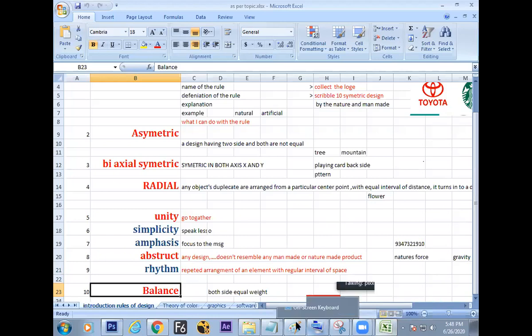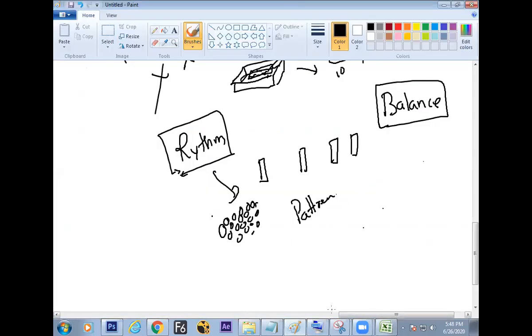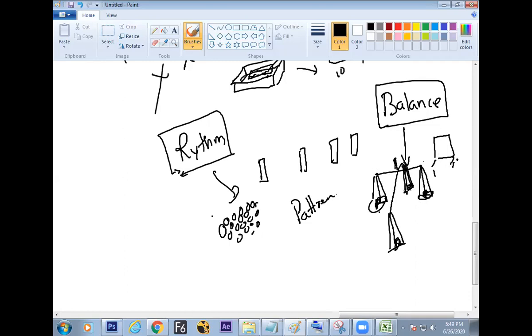Fine, then the rule balance. Balance is a physical term. People used to weigh things, measuring weight with equipment in the old days, right? And this is called balance. Physically, it is called balance. Nowadays digital weight machines and weighing machines come, but before, they used to measure objects with an instrument that is called a balance. What happens with the balance? If the weight becomes heavy, what happens? It will go down. One side becomes down and the other side will be up. Exactly the same thing happens in your design.